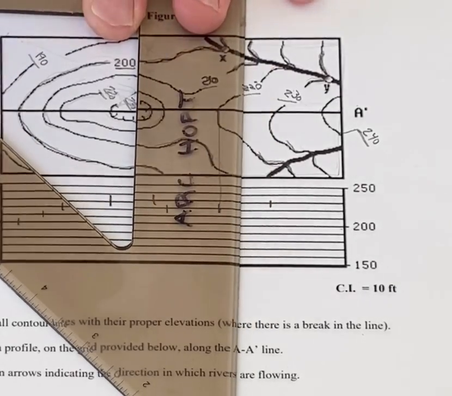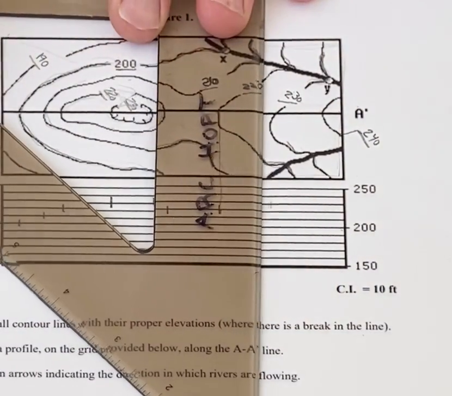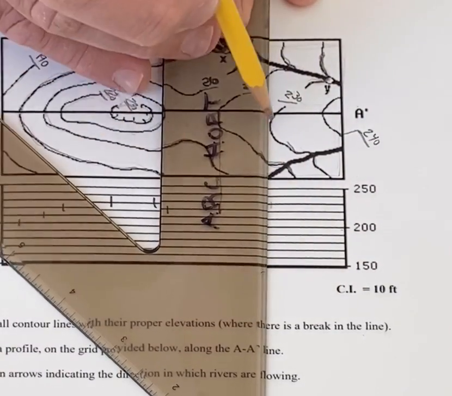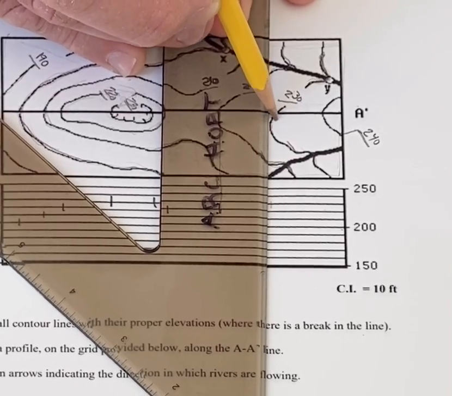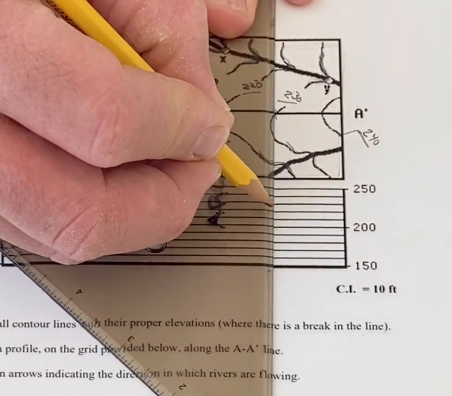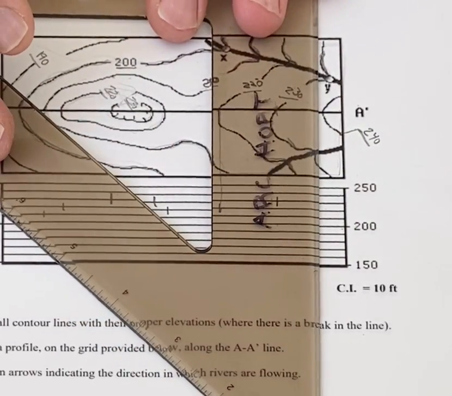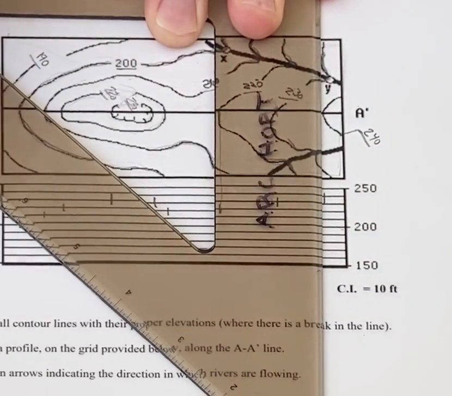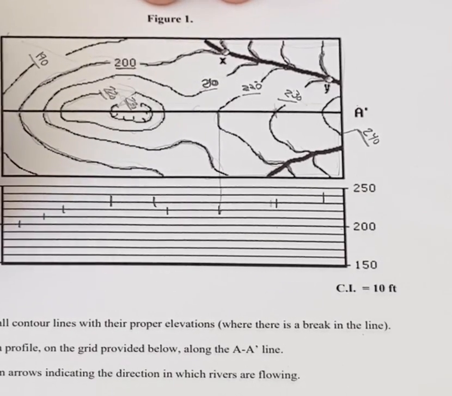Oops, that was a bad one. There we go. Okay, so there's my 230. Again, see, I'm pushing out to this one. I actually have to see where it crosses on the line AA. Okay, so I'm crossing right here. So I'm bringing that there. 200, 210, 220, 230. I'm here. And then here's my 240 mark. Okay, so I'm here. And so to draw what this looks like, and again, I'm outside of the lines here,